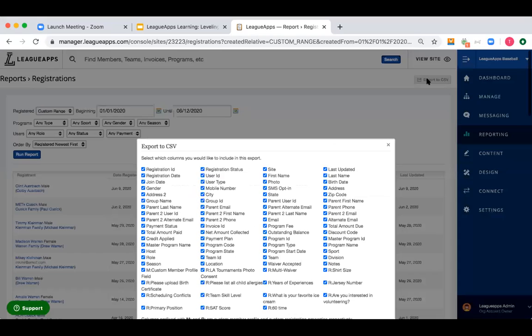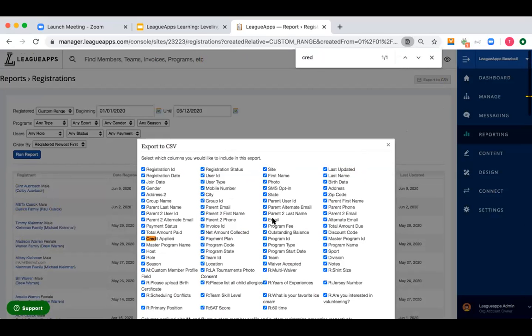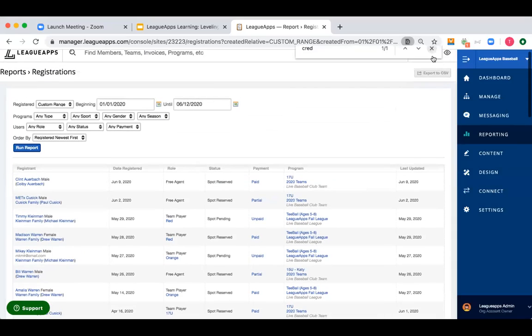But the cool thing about this one, which could be really helpful during this crazy time in our world, is that if you click export to CSV, you can get information about each player that they filled out. So let's say they filled out a form field for their t-shirt size or their jersey number, or you want to know if they used a discount code. That could be really important, or whether they used a credit. This could be a place where you can look that up and find out what payment plan they're on, what credit they applied, and any information they've entered for form fields during program registrations. All that's at your fingertips here, and you can export to CSV using that action right there. So this is a really cool report. It gives you a lot of information about players on your site. I really recommend using that report for all types of purposes.